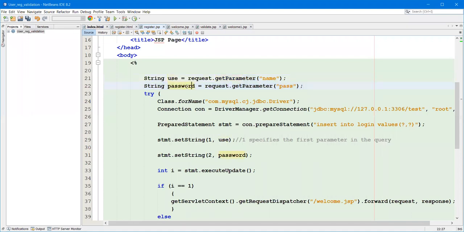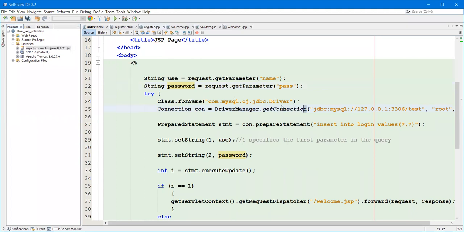Now, you already know our JDBC program. The first step for a JDBC program is to load the drivers. Before loading the drivers, what do we need to do? We need to add the MySQL jar file into the libraries. Whenever you are dealing with a JDBC program in your project, you need to include your SQL jar file in libraries. So here we already loaded the jar file into our libraries.